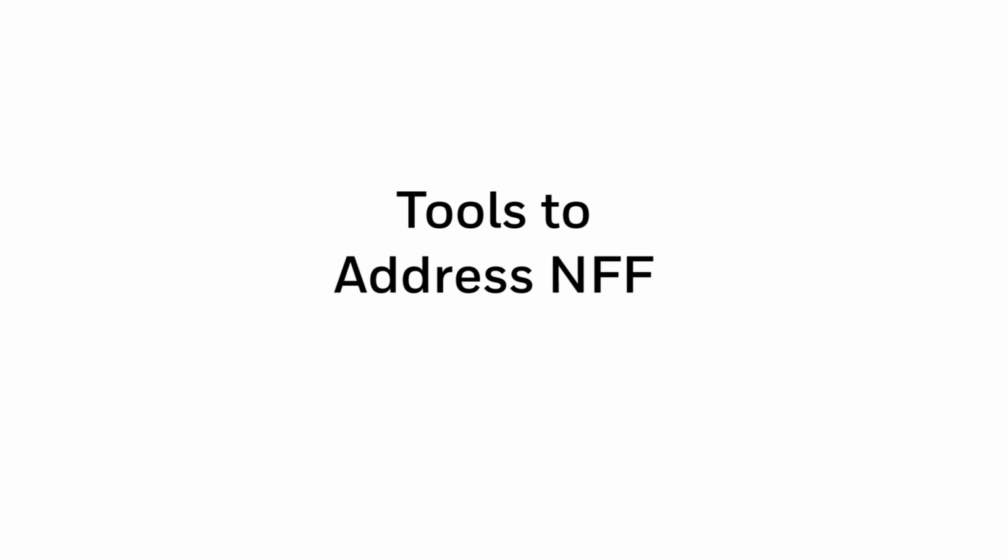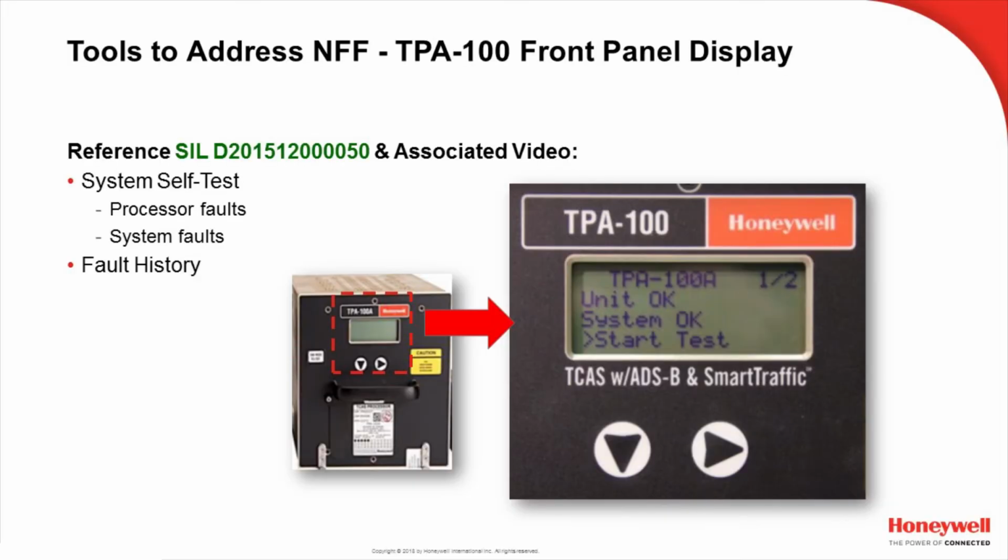All right, so what are some tools that we have available to help us effectively troubleshoot TCAS systems? Well, the most fundamental and useful tool is the front panel display on the TCAS processor. We have a service information letter written that will describe the use of the front panel, also a very helpful video that is referenced in that SIL. And I encourage you to go to our technical publications online, download that pub, watch the video, and just have